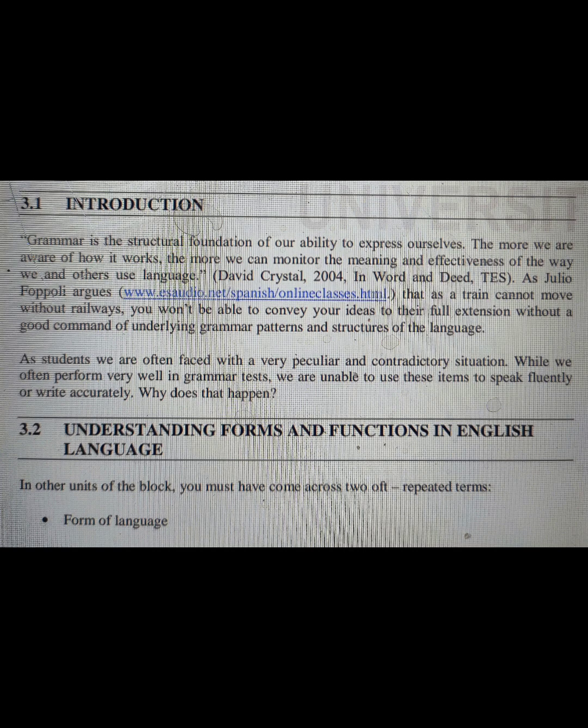Introduction. Grammar is the structural foundation of our ability to express ourselves. The more we are aware of how it works, the more we can monitor the meaning and effectiveness of the way we and others use language. David Crystal, 2004, in Word and Deed. As Julio Fapoli argues,